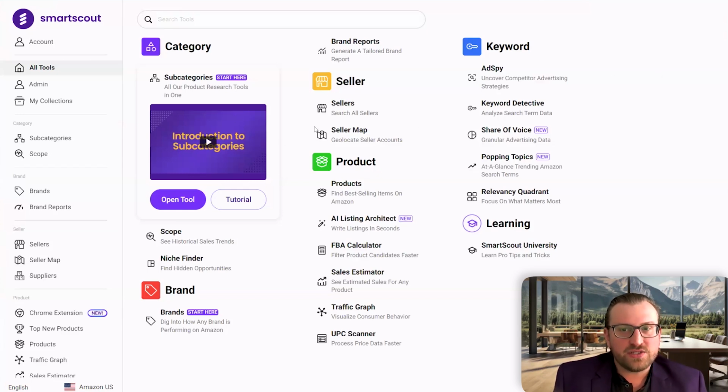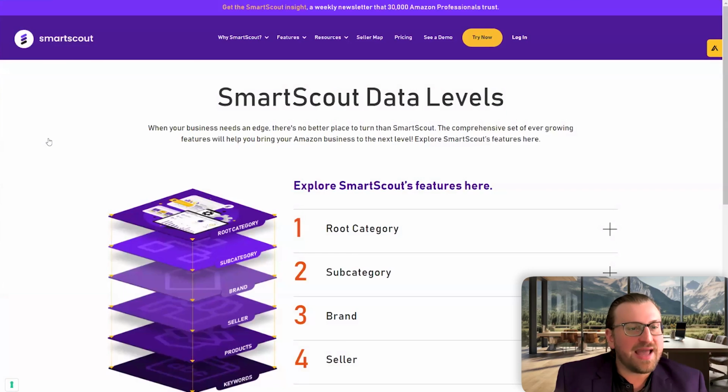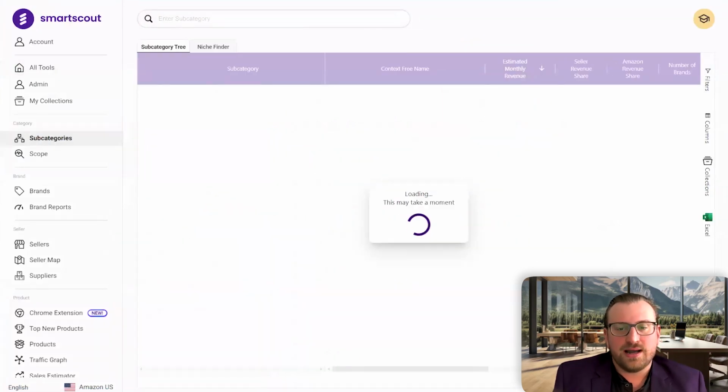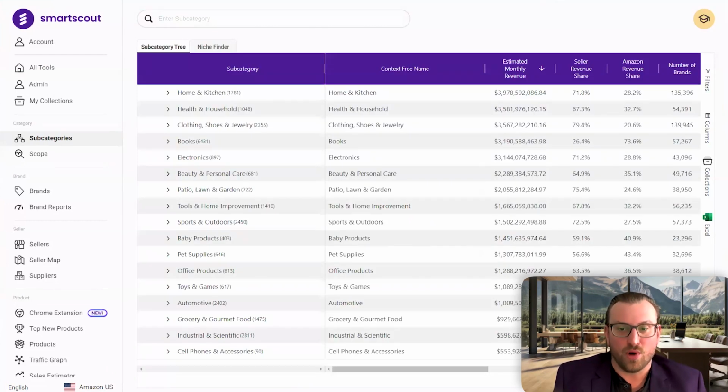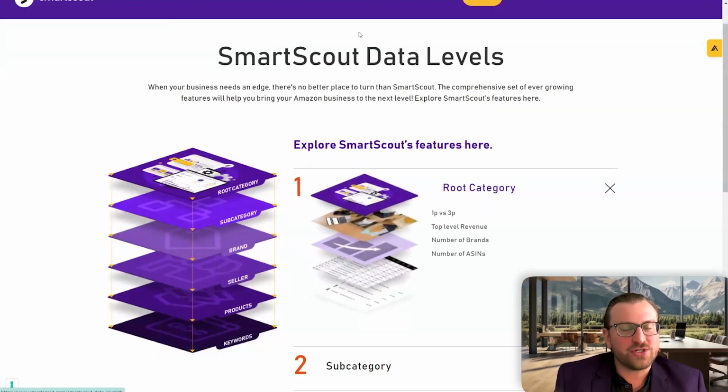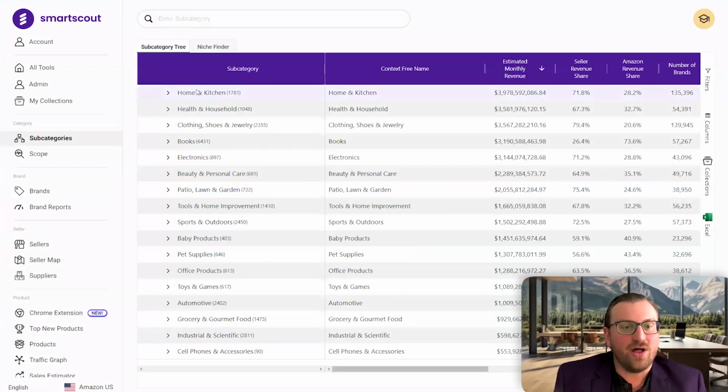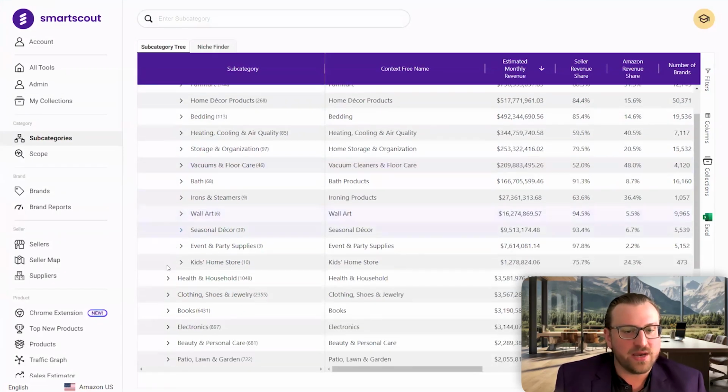So let's first show you the subcategories tool. Think about it in the sense of how does Amazon look at its own marketplace, or a brand that's just curious about the Amazon marketplace and launching onto it. These are the type of things that they would love to know. Right now what you're looking at is, as I showed before, these layers of the categories on Amazon. This is a reflection of the actual Amazon catalog and the different categories and subcategories that we have.